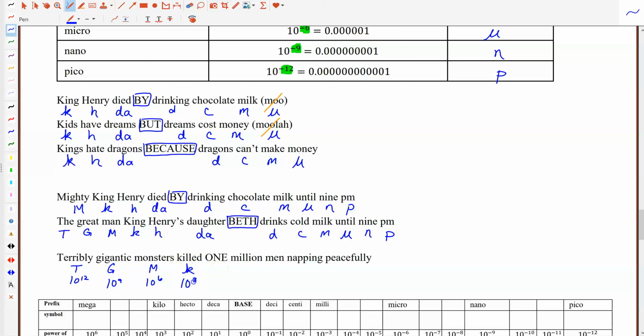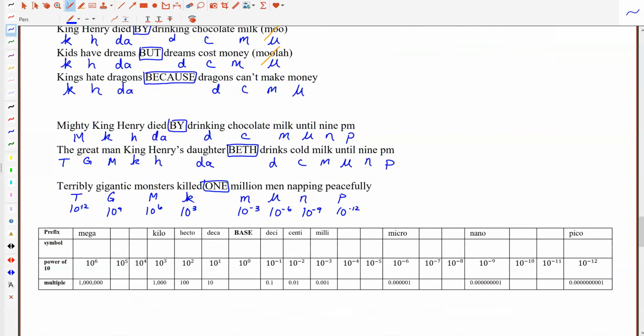And then 10 to the 0th power is your 1 or your base. Okay, so this is where we meet the base. And then going down on the smaller side, 10 to the negative 3rd power is your milli. 10 to the negative 6th power is your micro. 10 to the negative 9th power is your nano. And 10 to the negative 12th power is your pico. Okay, so this one helps you remember the prefixes if you just want to jump on the powers of 3. And because all of the prefixes are just moving by powers of 3, this is a helpful chart where it's laid out